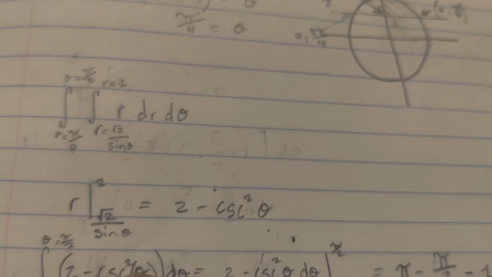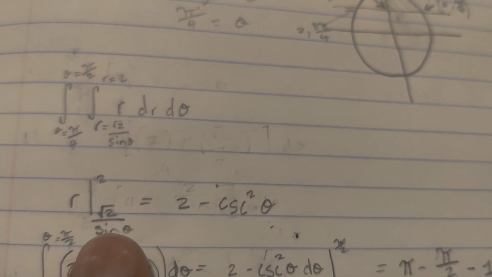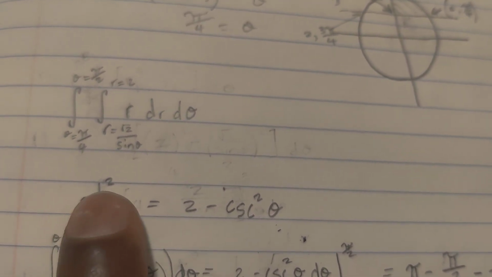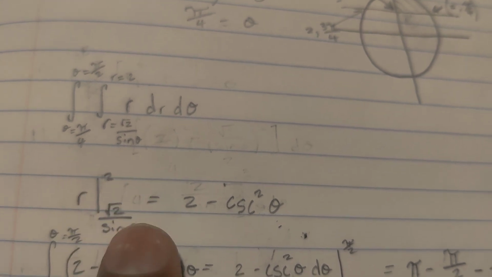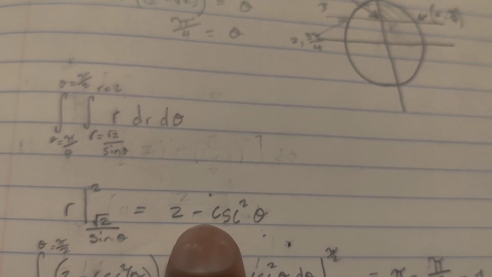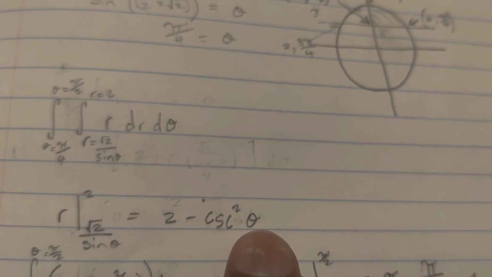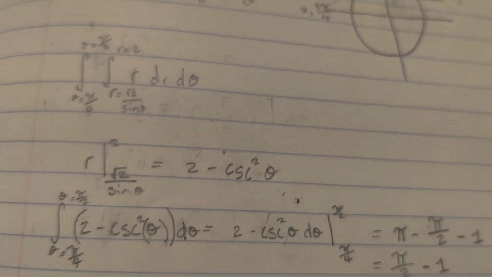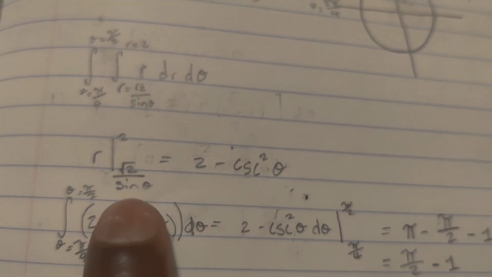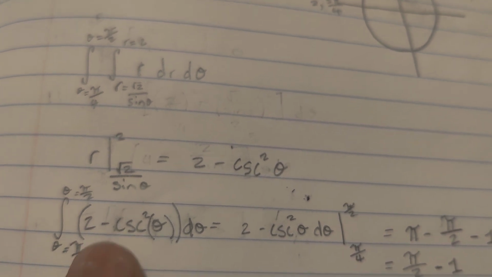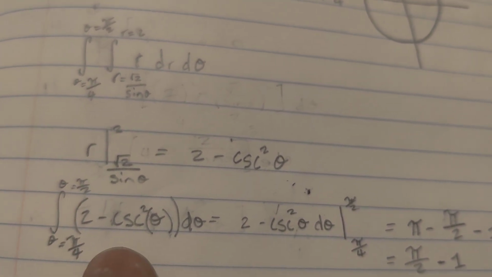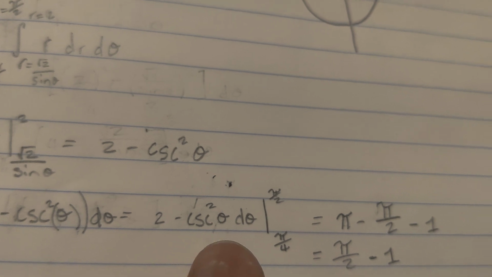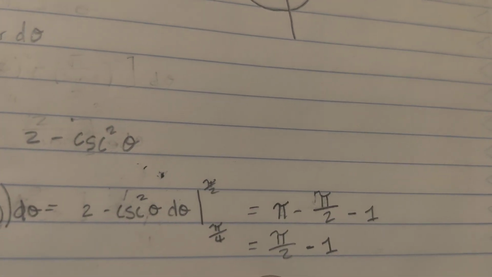I use a calculator to make it easier. And when r is evaluated at 2 and root 2 over sine theta, it's going to give 2 minus cosec squared theta. And then we're going to go ahead and integrate that again for theta over 2 and pi over 2 and pi over 4. Again, I used a calculator,